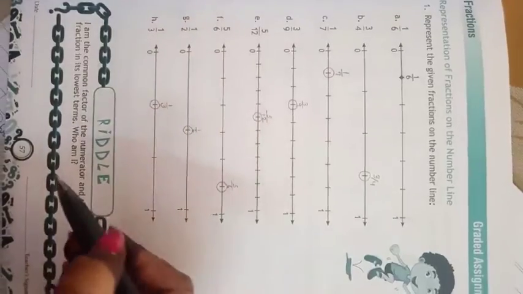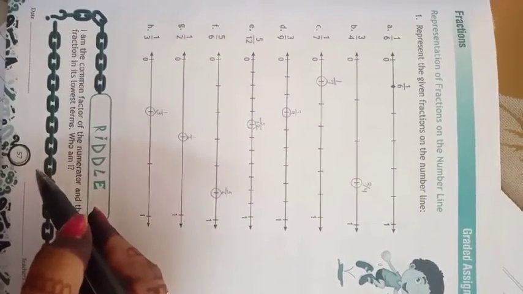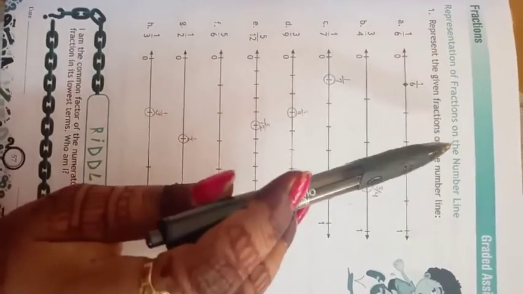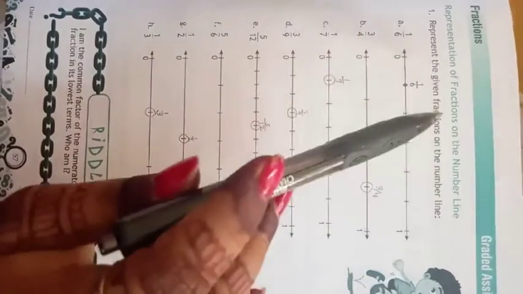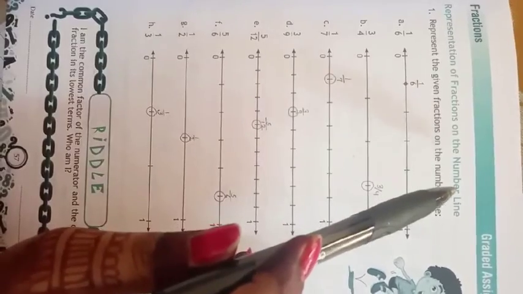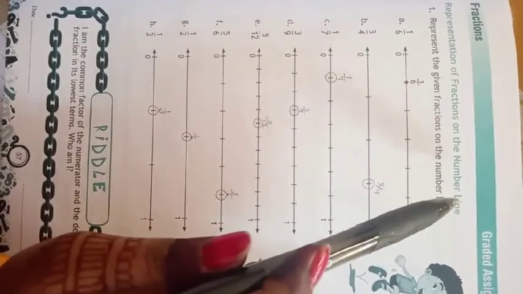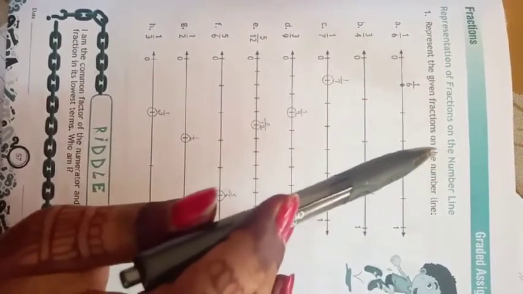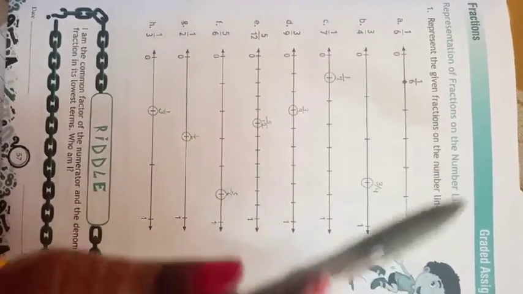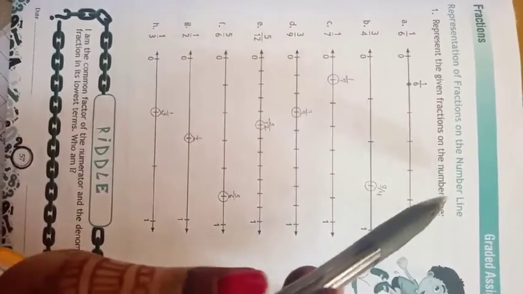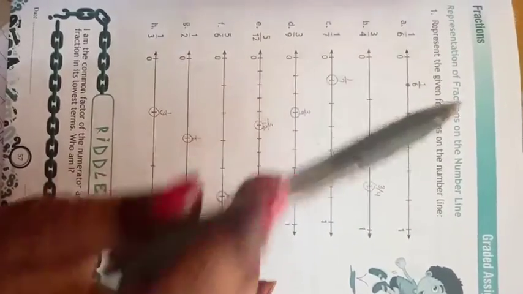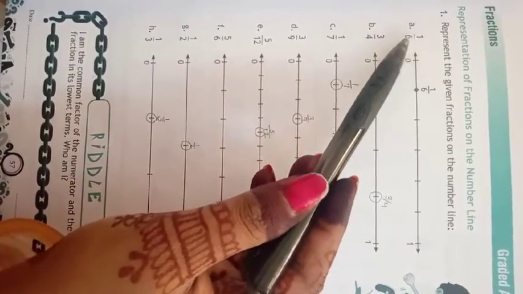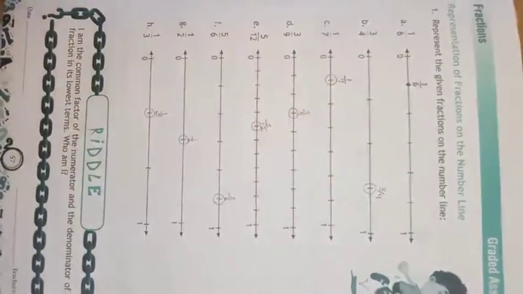Let us now discuss this page number 57 of your book. Okay, and the topic is representation of fractions on the number line. You all know how to represent numbers on a number line. आप सबको पता है you can represent number 1, number 7 or 8 or 15 on a number line. Yes, but here we have to learn to represent fractions on a number line. See, here the very first fraction is 1 upon 6.